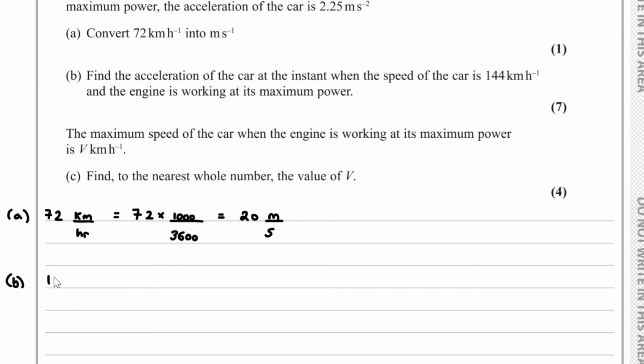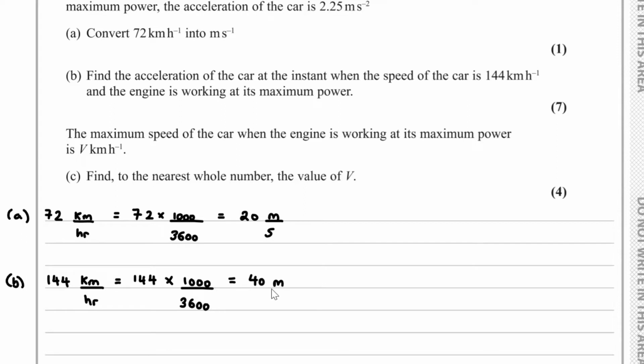So 144 kilometers per hour, using the same idea which we discussed here, we have 144 multiplied by 1000 over 3600, and it turns out here we get 40